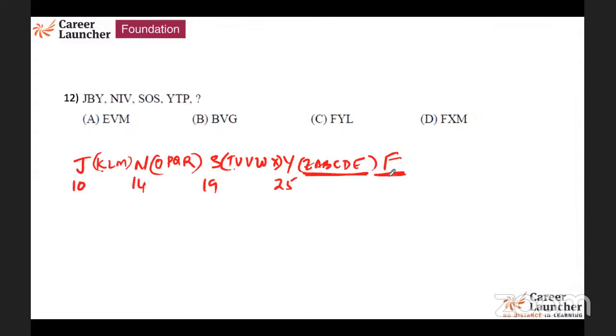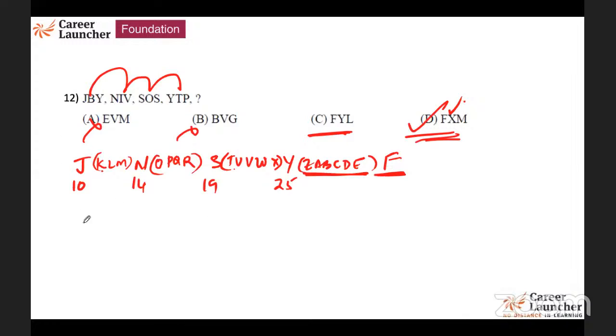F has to start. Now, clearly, this cannot be these two answers. Now, either this or this. Now, for the next letters, you look at B, I, O, T, or the 6. Similarly, you will get your answer as X. Therefore, the answer is D for this. Yes, absolutely. It is not C, it is D. FXM should be the answer.